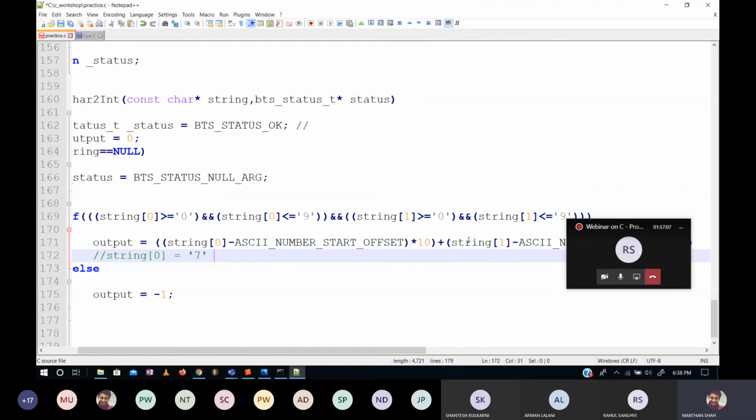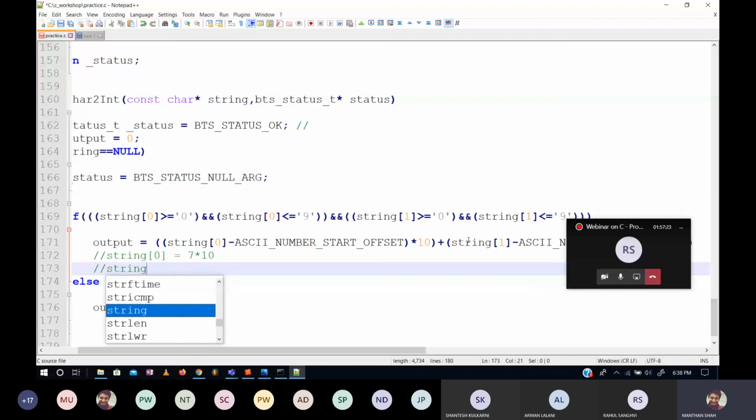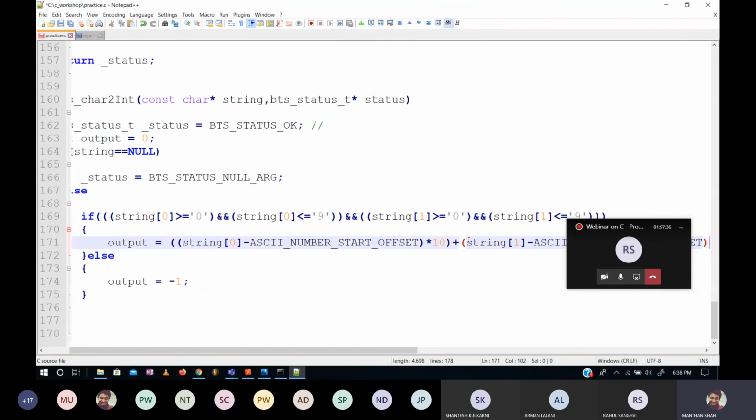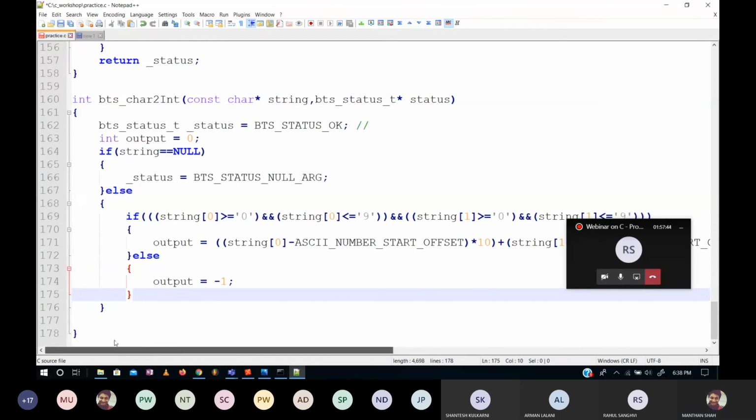In ASCII, it will be 48 plus 7, 55. If I subtract 55 minus 48, I get 7, and I'll multiply it with 10. Then string box of 1 is 0, which is 48 in ASCII, 48 minus 48 gives me 0, which I'll add, and I'll get 70. This is provided it is in this range. If it is not in this range, then the output will simply be -1, and we will be returning that.